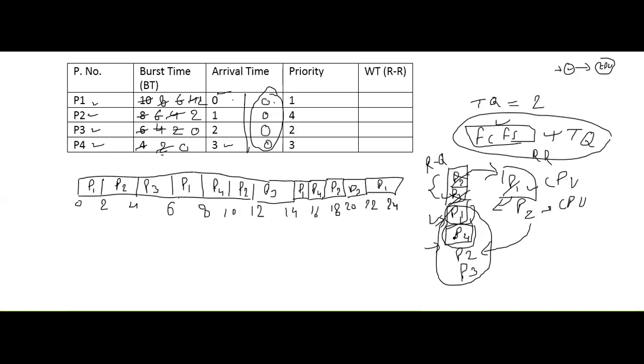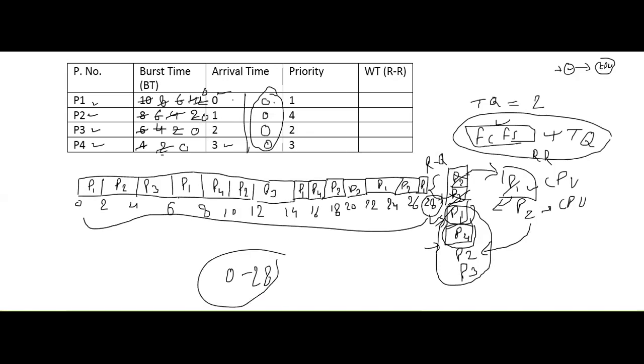After P1, now P4 got completed. P2, so this becomes 26. P2 got completed. Now P3 already got completed. So which process will get chance? That is P1 up to 28. This becomes 0. So overall, once again, we got 0 to